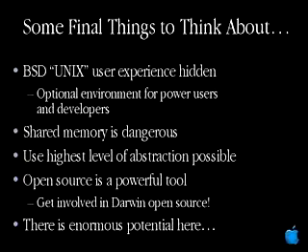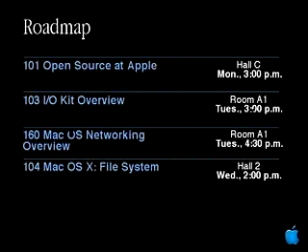The last thing I want to leave you with is that there's an enormous amount of potential in this technology. Everybody's busy, and should be busy right now, worrying about how to get my app onto Mac OS X. The next thing you might want to think about is underneath Cocoa and Carbon, there's some incredible power here. And this is where I think the next killer app is hiding. Mac OS X and the Core OS and all this cool technology is where we're going to be able to pull ahead of the competition in a major way. We have barely begun to tap some of the potential here. So something for you to think about.